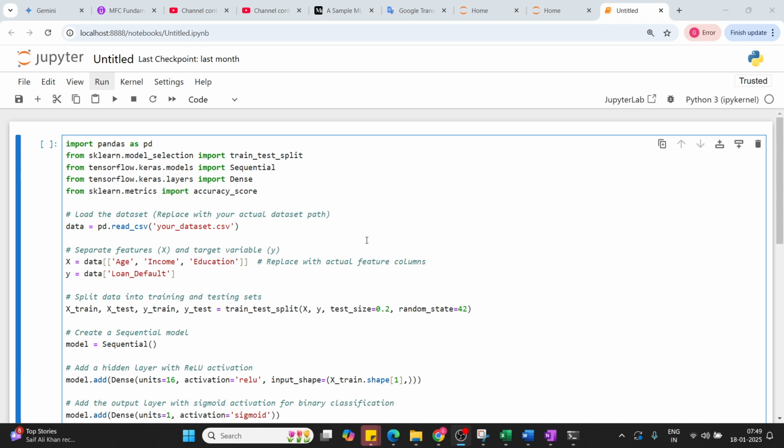Someone could default, someone could not default. There is a possibility that someone will default on it. So what is that possibility? 30%, 40%. So something between 0 and 1, which is a probability distribution. Somewhere between 0 and 1, we have to find out. So if we have to find out something between 0 and 1, then we have to use the sigmoid. But at the same time, we need to have some kind of hidden layer,